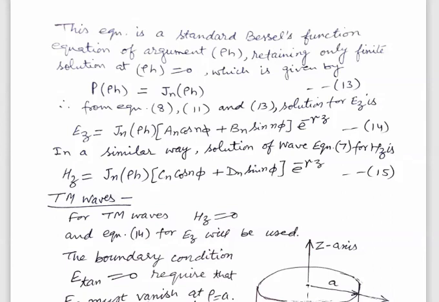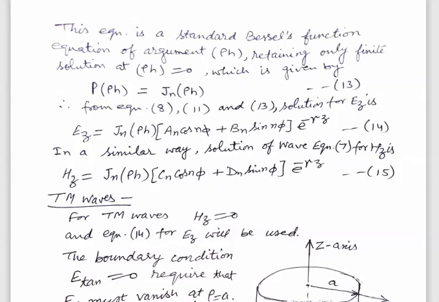The other part of the solution is ignored since it becomes infinite at rho equal to 0. Now, with the help of equations number 8, 11 and 13, the solution which we have earlier used as Ez equal to the product of p of rho, q of phi and e raised to the power minus gamma z, so substituting the values of p and q, the solution for Ez will be of the form of equation number